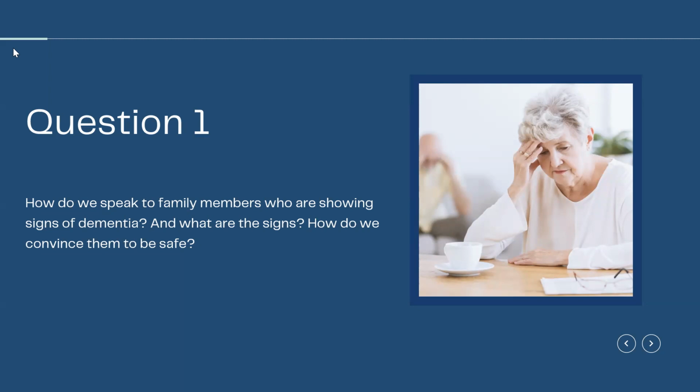Well, I think it really depends on their level of comprehension. If you're really speaking with somebody in memory care already, it's probably good to just try to discern how much they can really comprehend. If they have mild memory problems or dementia, then I usually try to mirror the words that the family is using or that they're using. If they're using the word dementia, I use the word dementia. And if the patient seems to be accepting the fact that they have memory problems, then I might go with that phrase.